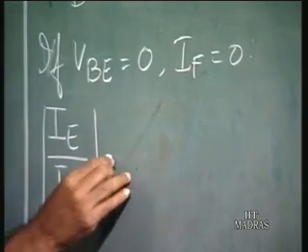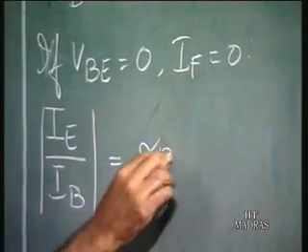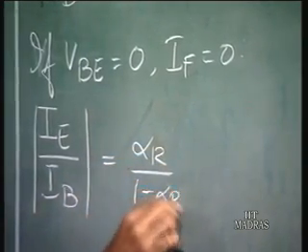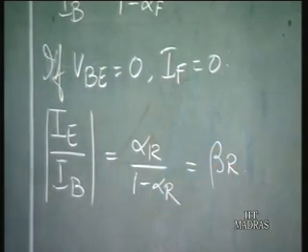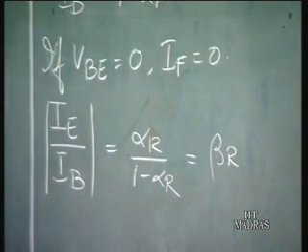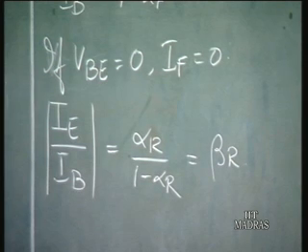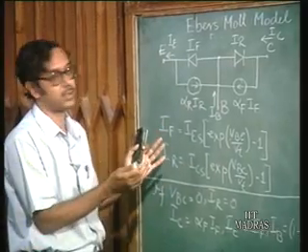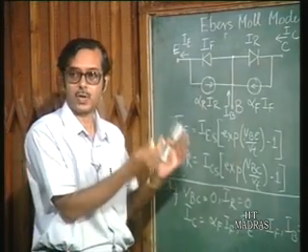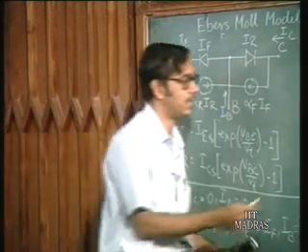So, IE by IB will be equal to... so this is called the reverse beta of the transistor. Okay. So, you can have the forward mode of conduction and the reverse mode, and if you consider that both the forward and the reverse current exist, so the